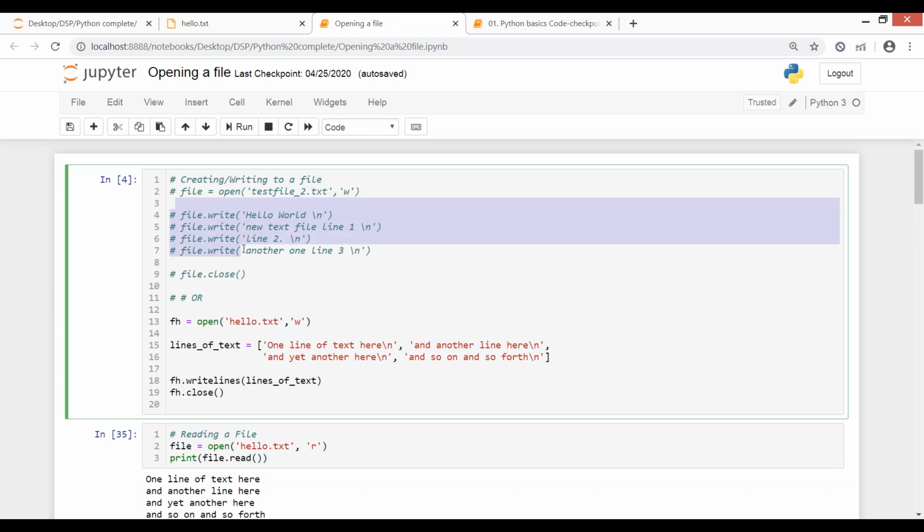I just want one line of command which will write all these. So I have to make a list, because I want to create a document having all these things written into it. I've created this list, and I want to write all these to my document. So if I'm saying fh dot writelines, and what is to be written inside the brackets, lines of text, which is this list, it will pick these values from this list and write them to my fh, sorry, hello.txt.